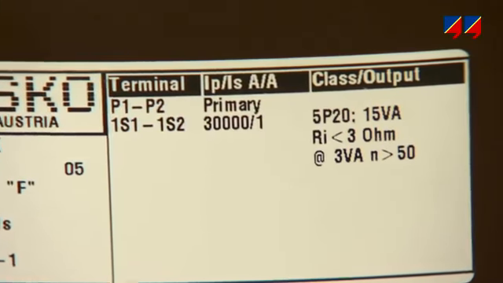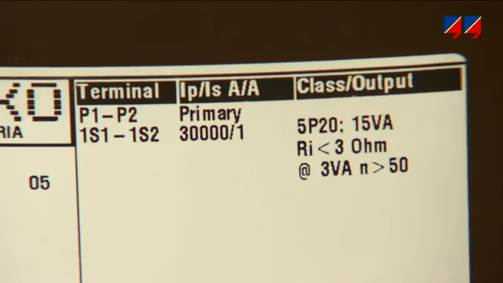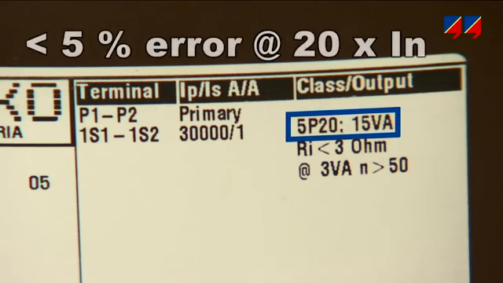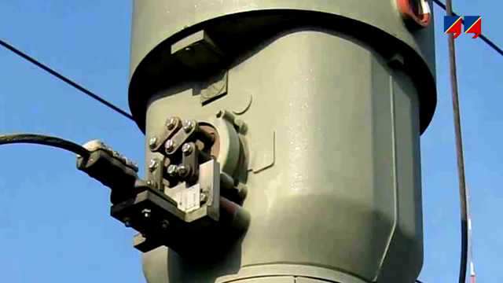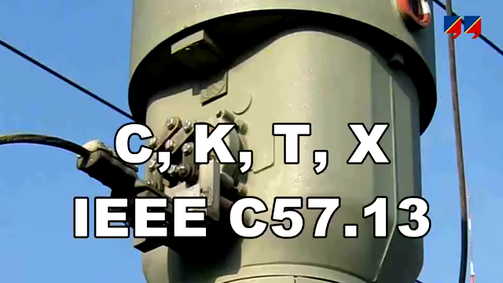The classical way to specify such a CT is to define the expected maximum current which it will have to drive through its associated burden with a maximum permissible error. The IEC standard specifies a permissible error at a defined multiple of rated current for a nominal burden. For instance, 5P20 means that at 20 times the rated current, the CT must not produce an error of more than 5%. For C, K, T, and X classes, according to IEEE